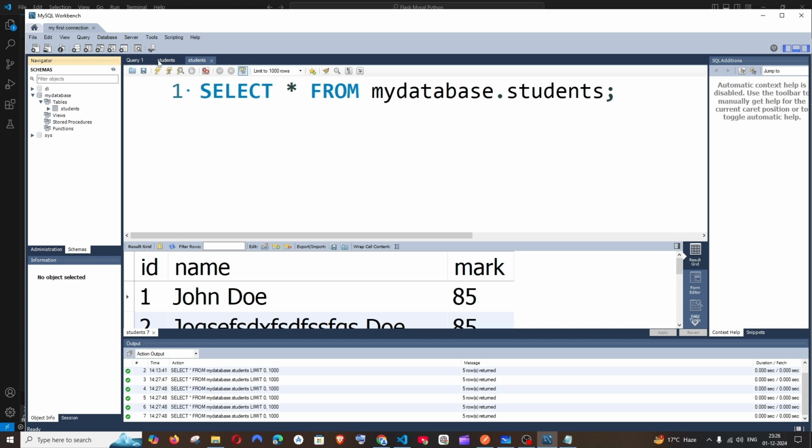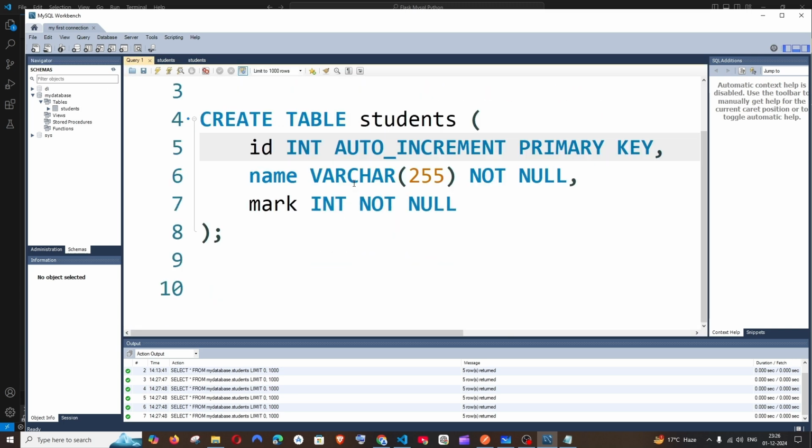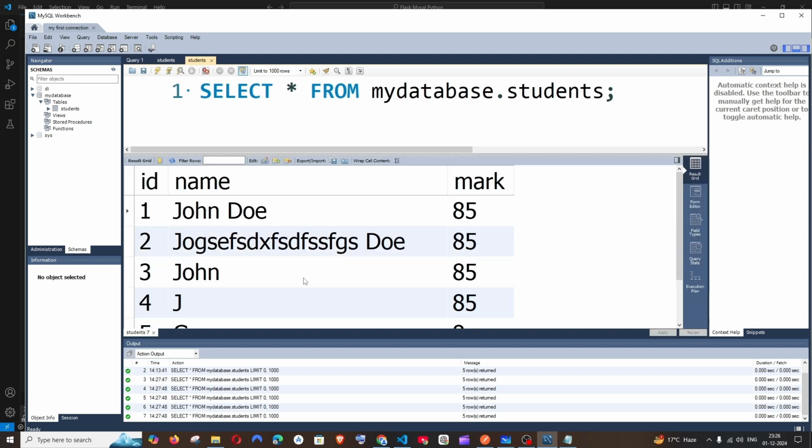I'm having a table called students. So this is my table students. I created it with ID, name, and mark, and these are the values that are present inside my table student. Okay, so I'll just copy the student name